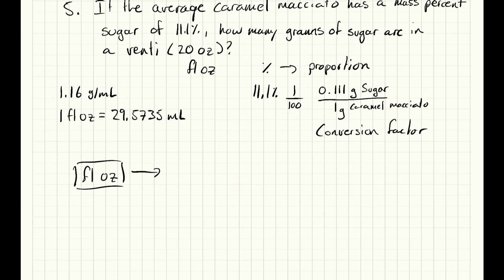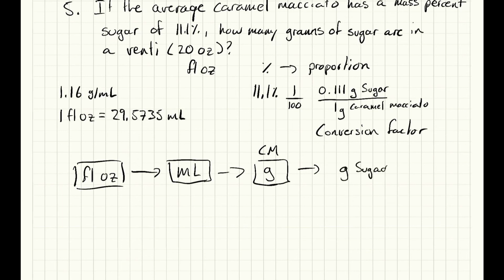So we know now we're going to go from fluid ounces to milliliters. I'm not going to write in the conversion factors yet. I'm just going to write out my solution diagram. From milliliters, we're going to go to grams. And this is really grams of caramel macchiato, which I'm just going to abbreviate as CM. And then we're going to go from grams of caramel macchiato to grams of sugar. And we're starting with 20 fluid ounces